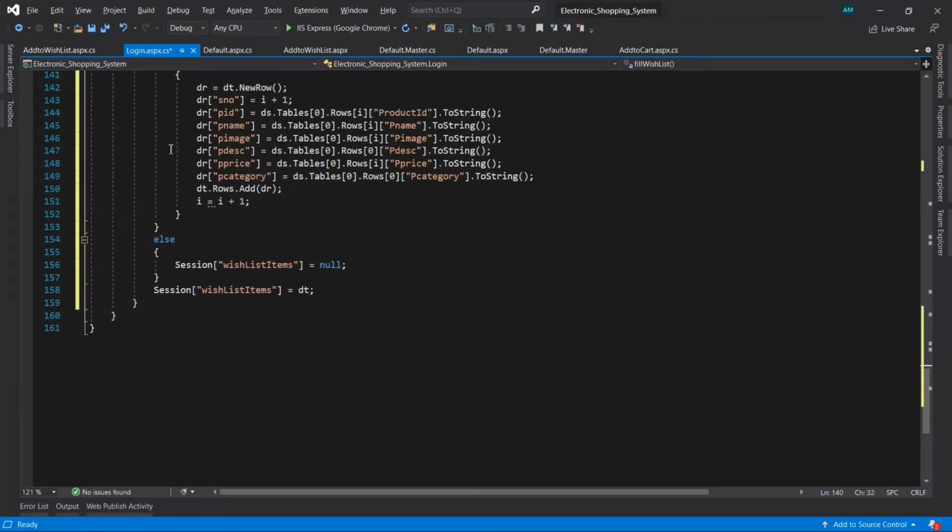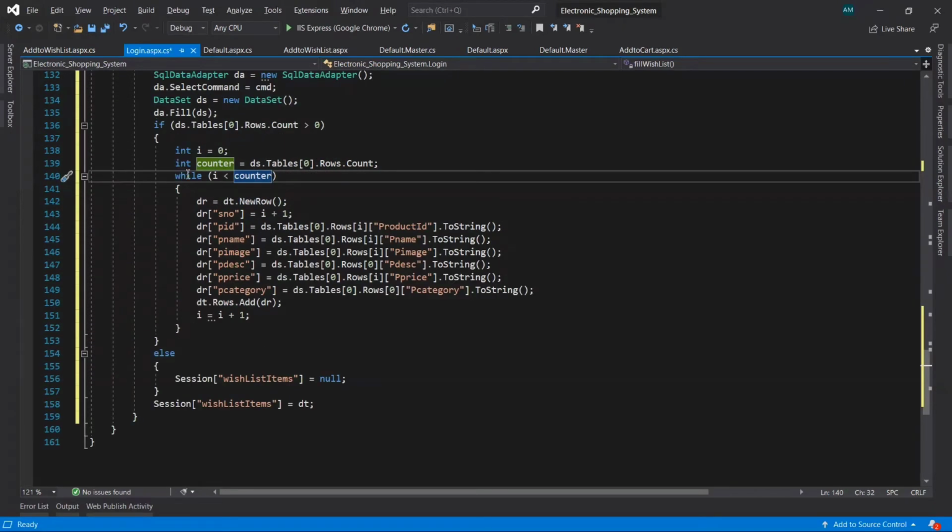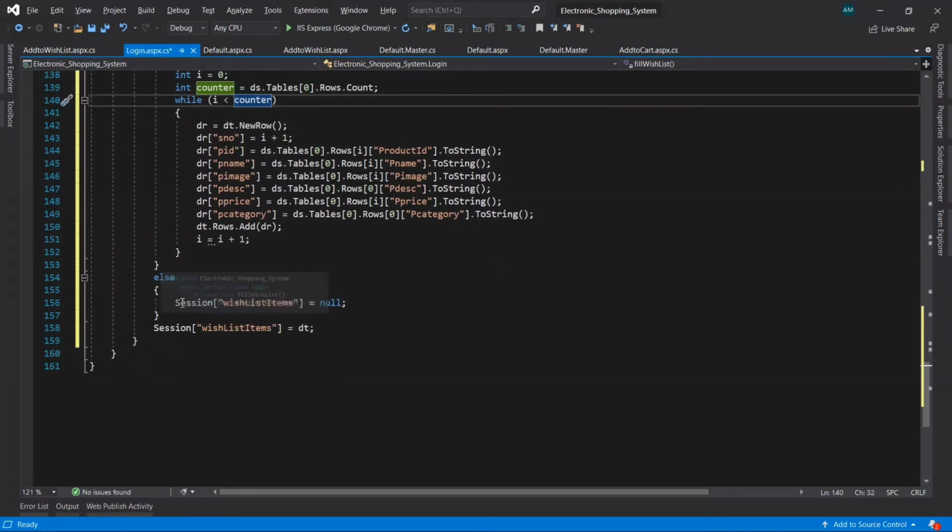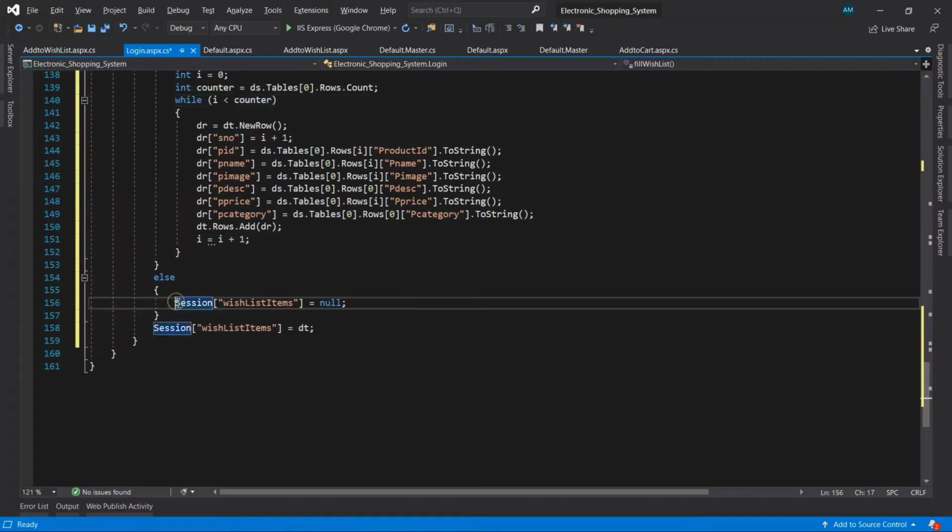Okay, so this is the if part, and in the else part it is going to make this session of wishlist items equal to null.